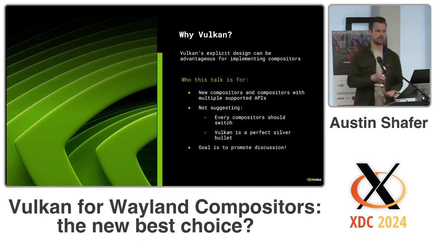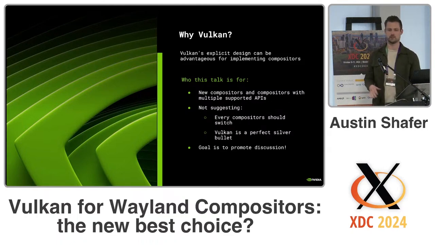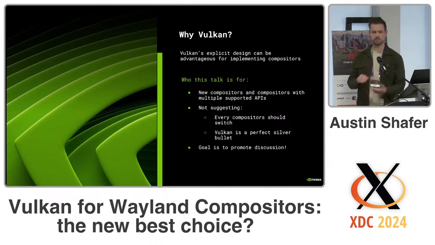And so obviously this is aimed at people who can switch graphics APIs in their compositor. I'm not saying that everybody should just rip up all their EGL code that is fully tested and mature and just replace it with Vulkan and it'll solve all their problems. What I am